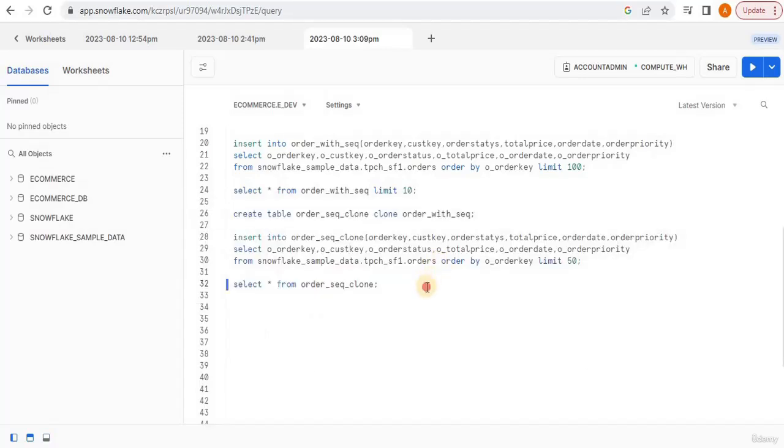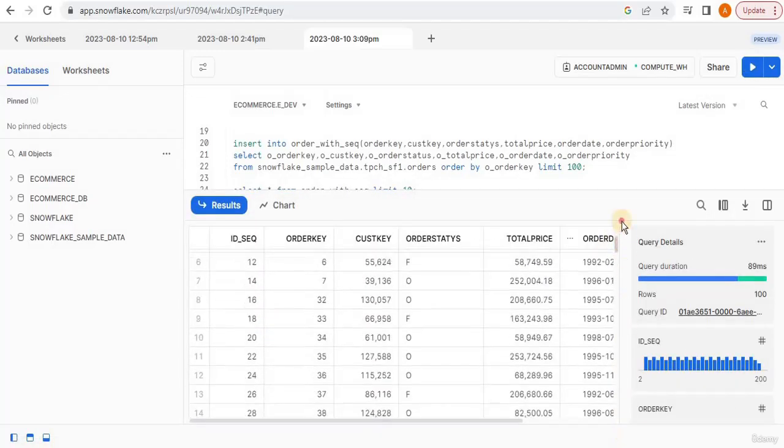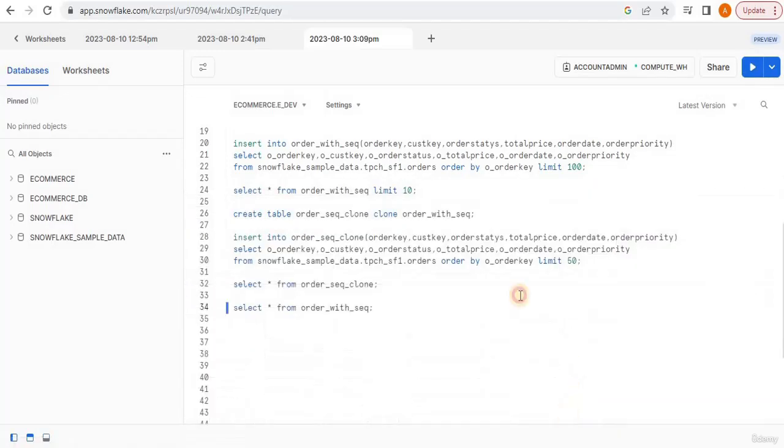Let's run another select query on the source table, execute it and you can see that the source table is still having a value up to 200. So this means that after the cloning, both the objects become independent. And internally, they might be referring to some part of the partition from the same partition file. That's the main feature of the zero copy clone, that once a cloning object is created, both the source and the clone table are independent of each other and they somehow refer to the main partition file.